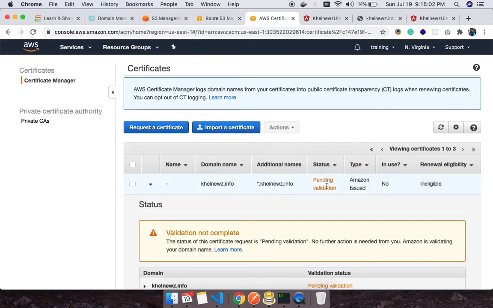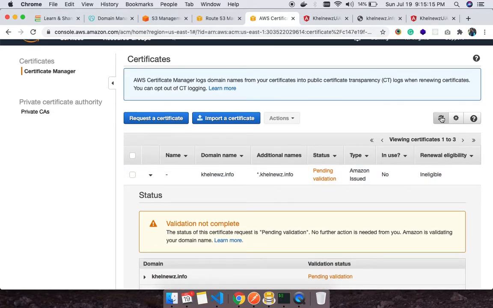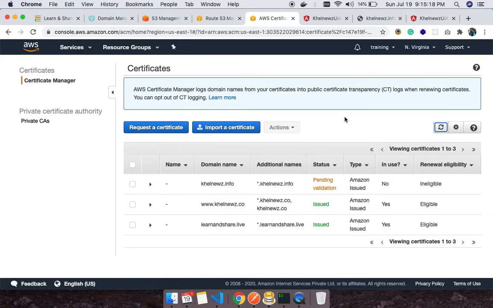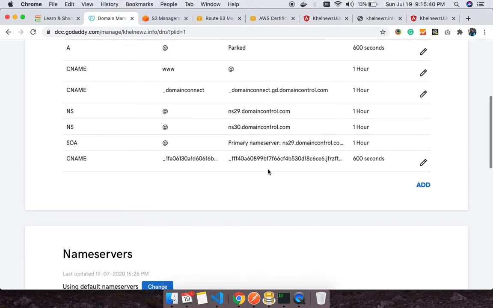As I explained, the status says pending validation, and in use is no. Before we use this, the status should be issued. It should be issued in a few minutes. As you can see, I have requested two certificates with two different domains, and for both domains the status is issued. So let's wait for this as well. Hope I have saved the details. Yes.